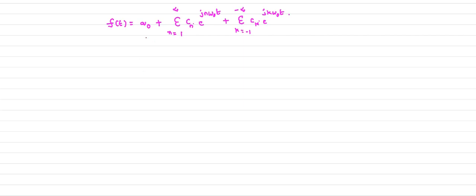Now if you observe here, your a naught is nothing but corresponding to n equal to 0. Observe the summation. I just write the three equations in the most compact form. For that you need to observe here. So this a naught is for n equal to 0. Now from n equal to 1 to infinity, so this is the range. This expression in the summation corresponds to n equal to 1 to infinity.